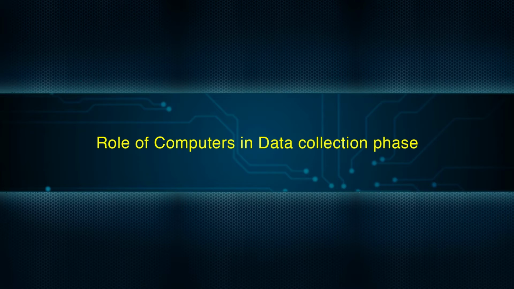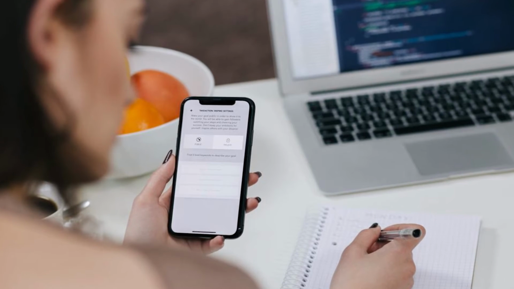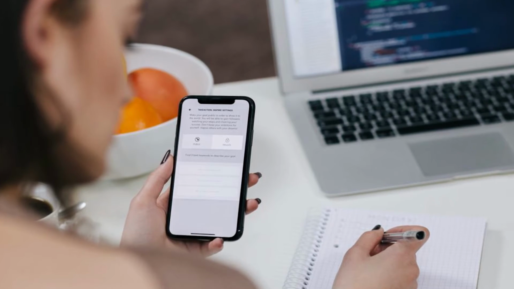Role of computers in data collection phase. This empirical phase consists of collecting and preparing the data for analysis. In research studies, the preparation and inputting data is the most labor intensive and time consuming aspect of the work. Typically, the data will be initially recorded on a questionnaire or record suitable for its acceptance by the computer. To do this, the researcher in conjunction with the statistician and the programmer will convert the data into Microsoft Word file or Excel spreadsheet or any statistical software data file. This data can be directly opened with a statistical software for analysis.